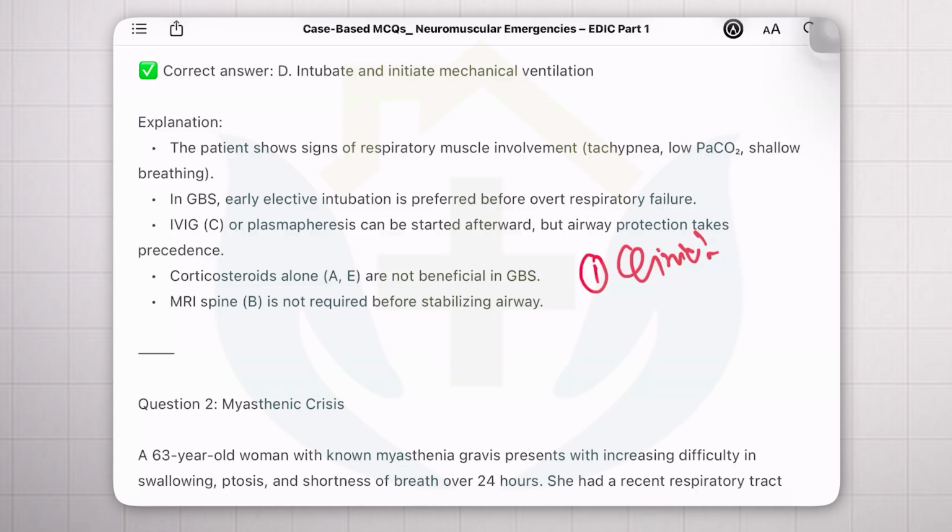So if somebody has had a tingling sensation on their feet last night and today they are not able to breathe in the morning, then this patient is most likely an axonal variant and a very aggressive type of Guillain-Barré. But otherwise, many patients will tell you that 3-4 days ago, I started having this numbness feeling